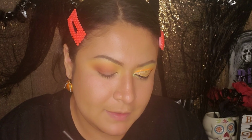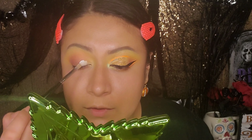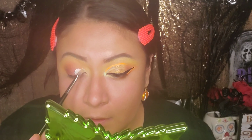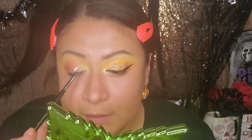So I'm gonna be cutting my crease with the Urban Vibes eyeshadow primer, and I really like it because it works to use it on your base for your eyeshadows, and you can also cut the crease and it works so well. I like it that it does not crease. It's very long lasting, so I highly recommend it if you guys want to go ahead and try it. And it's very affordable. It's only about $8, so